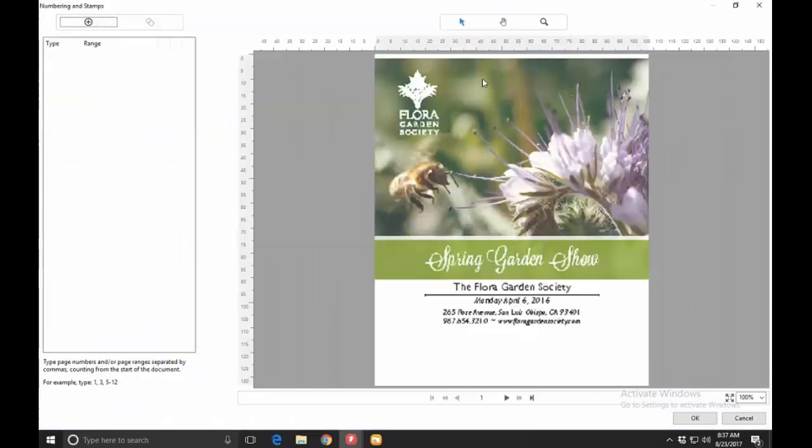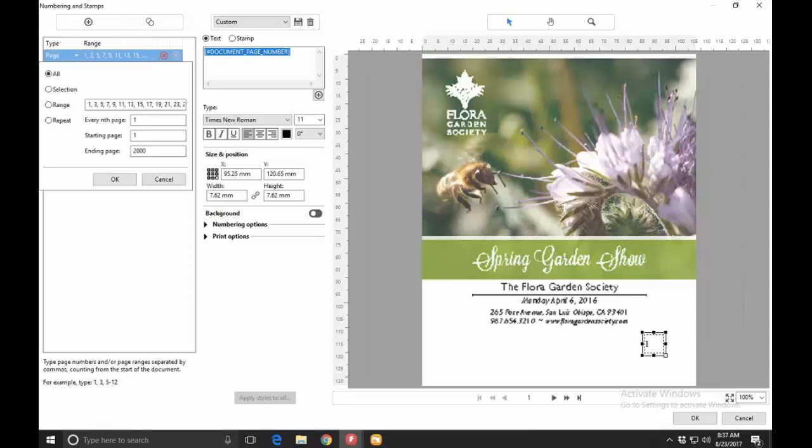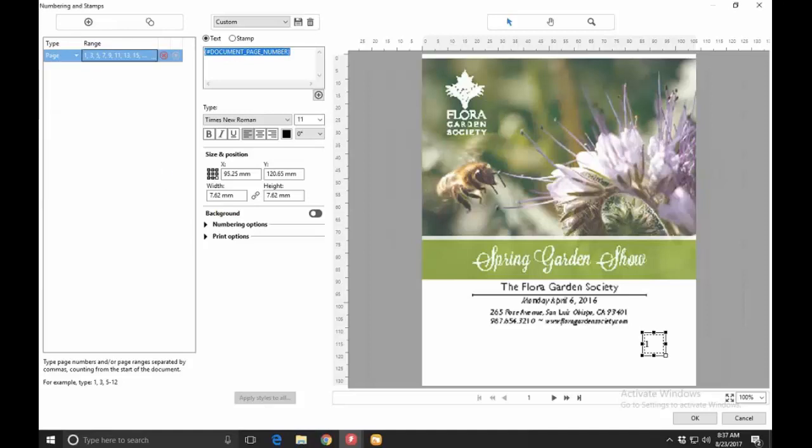Let me make this a little larger so you can see. So when I click the plus sign, right, I'm adding a range. It's pre-selected, so it's already entered for me. I can certainly modify the range to customize it further if I want. And this is very handy for NCR type of jobs. Okay, so I will put in my number. This is where I want it to be. I'm going to put in